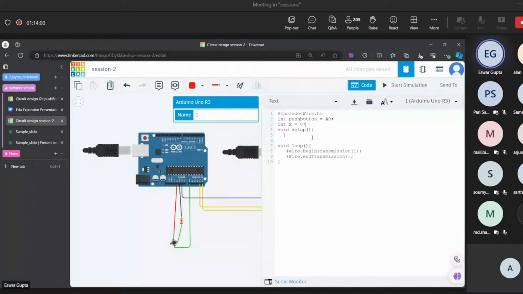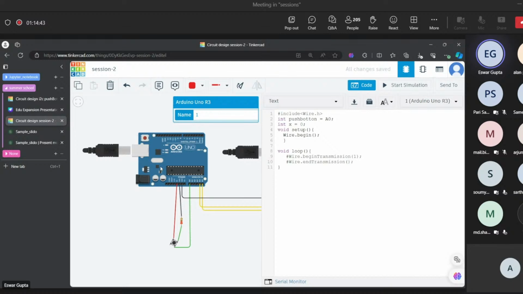So now let's jump on to setup. What are the things that I need to set up? First, I need to call a function called Wire.begin. This answers the question of why I had connected particular pins of master to particular pins of slave. When I write Wire.begin, it automatically initiates the I2C protocol. The Arduino board will understand that it needs to communicate in I2C protocol, and it will make sure that A4 generates the clock and A5 transfers the data.